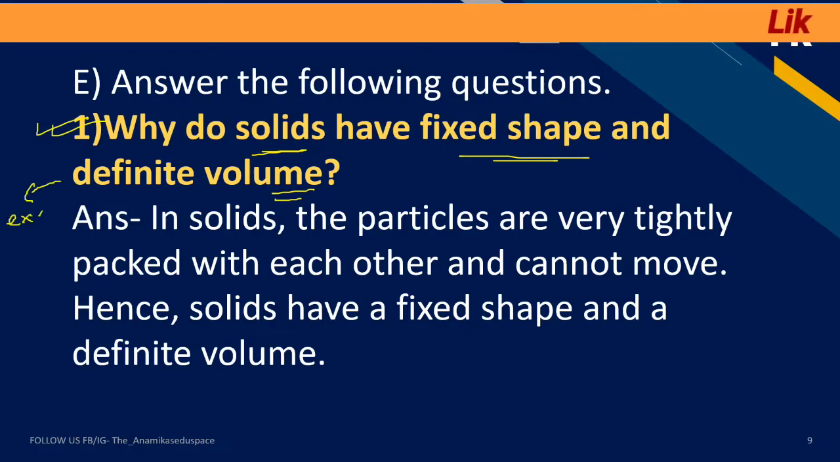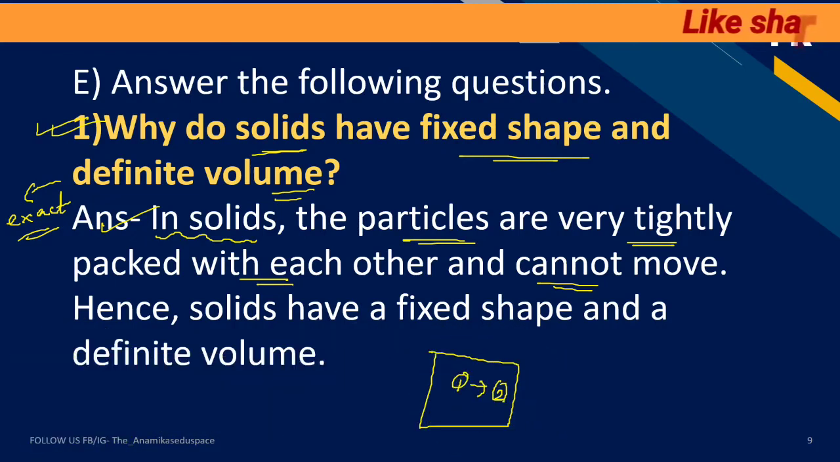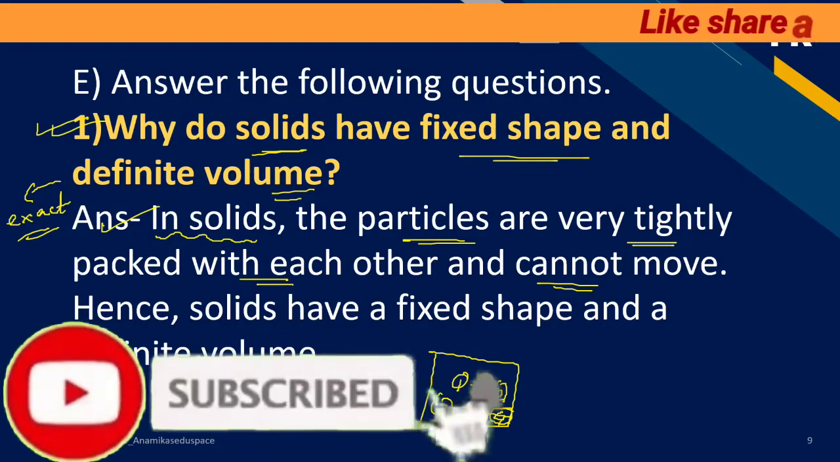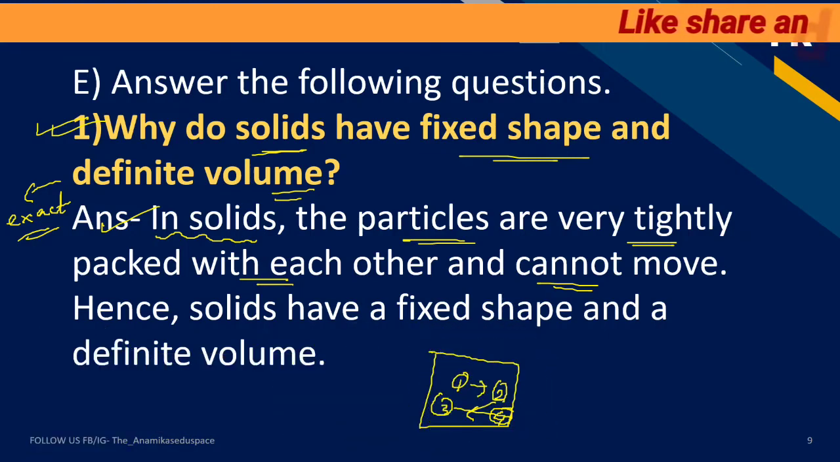Definite means exact. Okay. Now, the answer is, in solids, the particles are tightly packed with each other and they cannot move. Hence, they don't hit each other. In gas, what happened? Particle number 1 was going and hitting particle number 2. Particle number 2 was going and hitting particle number 3. And then particle number 3 was going and hitting particle number 4. And in this hitting, they were broken down into simpler substances and they were diffusing into